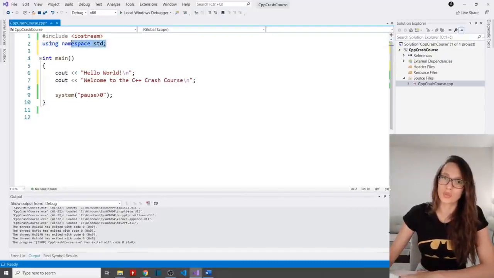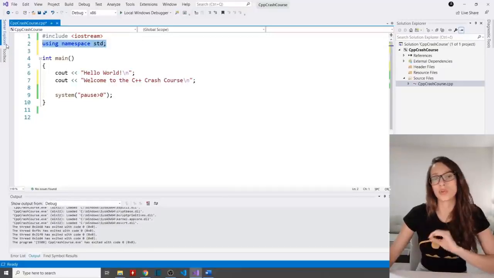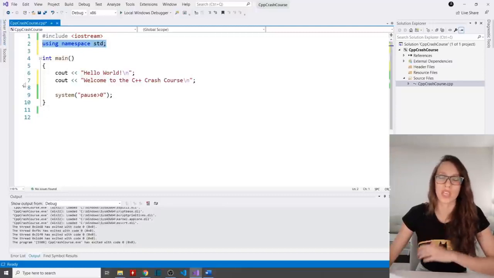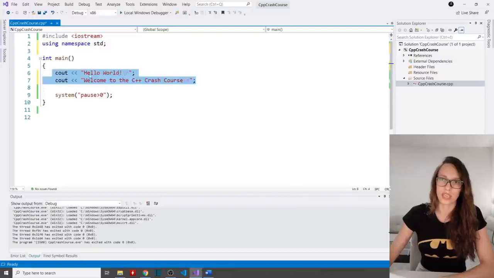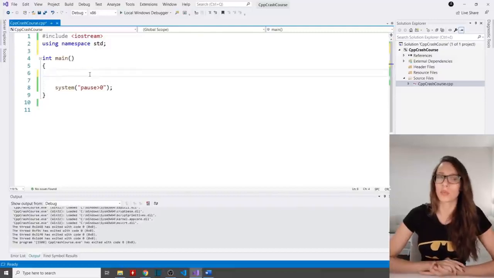However, I'm going to use this in order to save some time, but the recommended way would be to use only the things from this namespace that you will be really using in your application, so only include those. Okay, now I'm going to delete this, because the next thing that we will be talking about are going to be variables and data types.